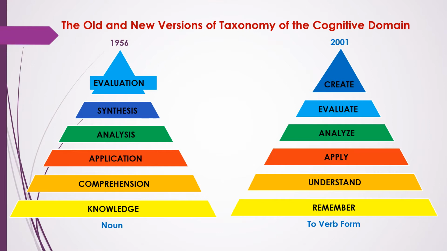That is, in the new version, evaluating now becomes the fifth level, while creating becomes the highest level in the new version of the taxonomy. So the diagram shows the old and new versions of educational objectives in the cognitive level. Take note that